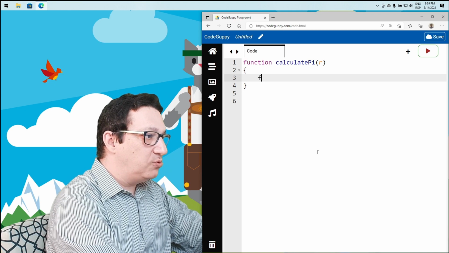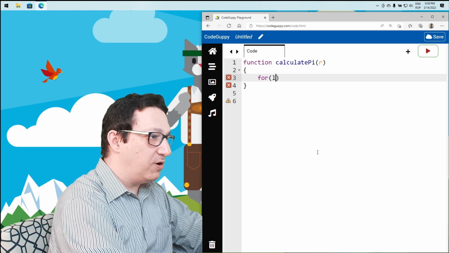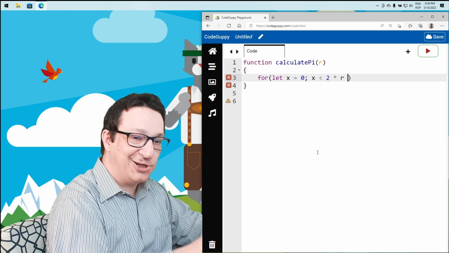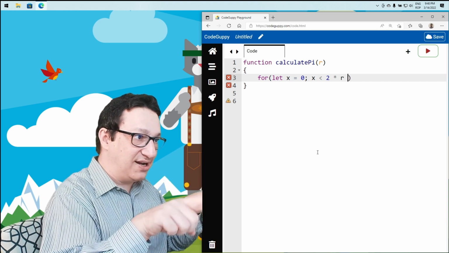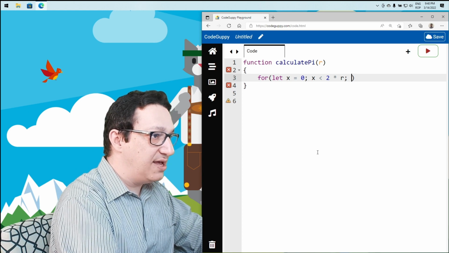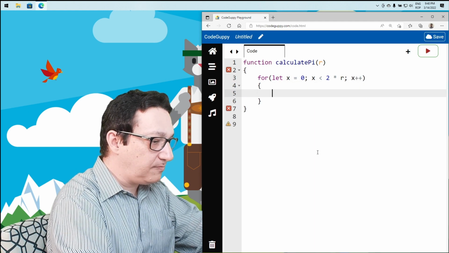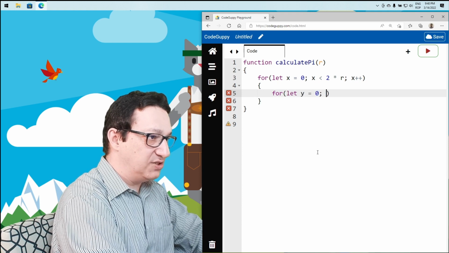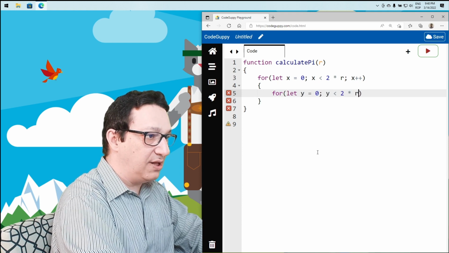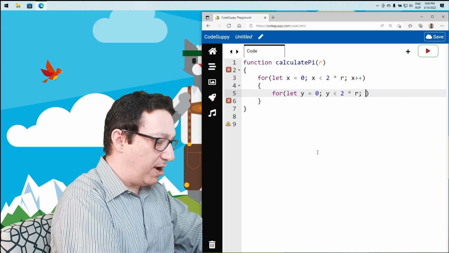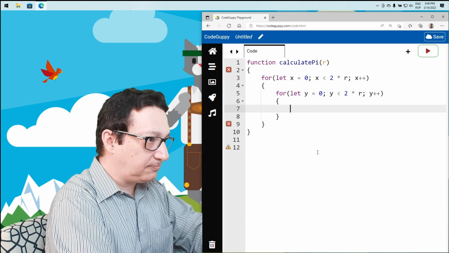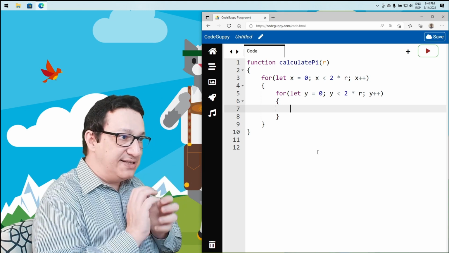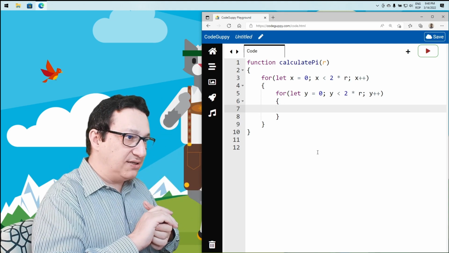And what we're going to do, we'll have two for loops. For let x equal 0, x less than 2 times r. Remember that we're putting in a square of 2r, x plus plus. And we go for the other one, for the vertical as well. Also, we go down to 2r, y plus plus. And at this point here, we are iterating through all these pixels in this 2r by 2r